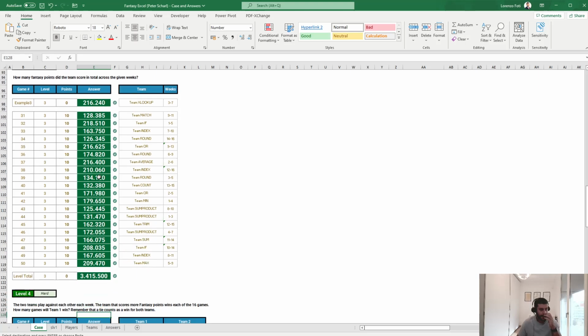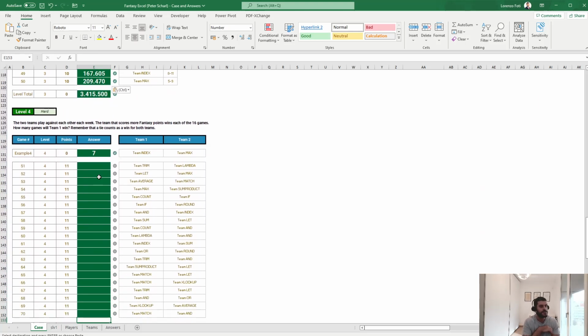and that's correct. Okay, so level 4 is two teams against each other. Team that scores more fantasy points wins each of the 16 games. How many games will team 1 win? Remember that the tie counts as a win for both teams. Okay,